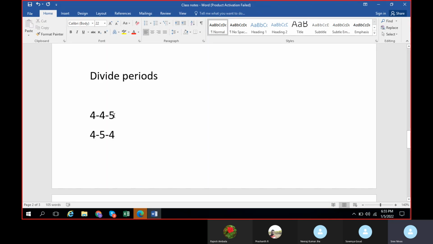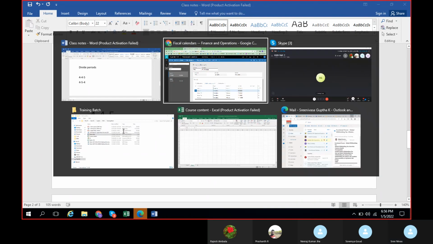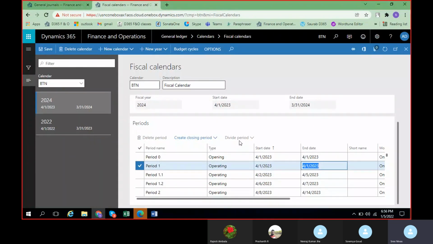So in a month, or in case they want to break down, if it is a quarter, or in case they don't want to record transactions monthly, they can divide the entire year into this weekly calendar: 4 weeks, then 4 weeks, and then 5 weeks. At that time it will help you to divide the calendar.